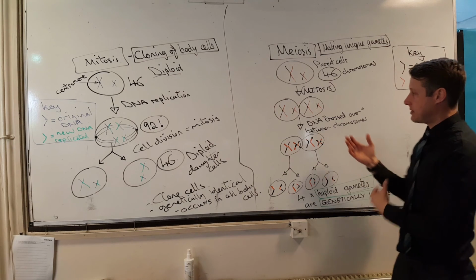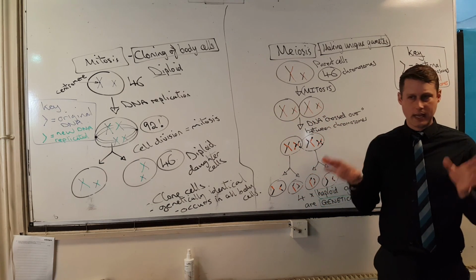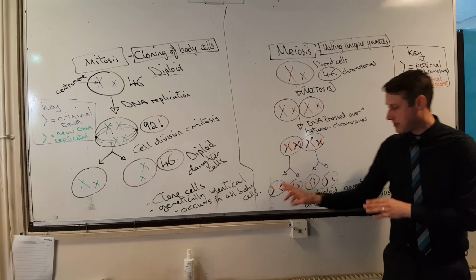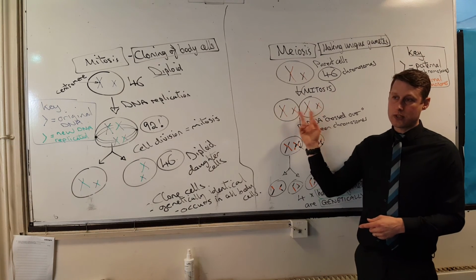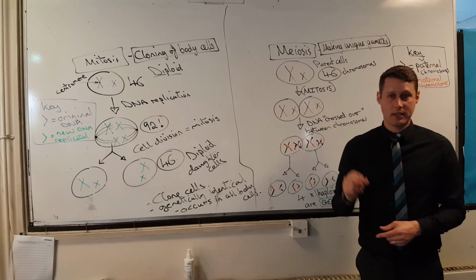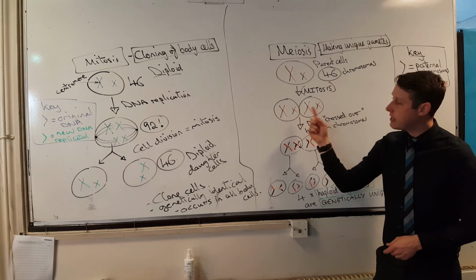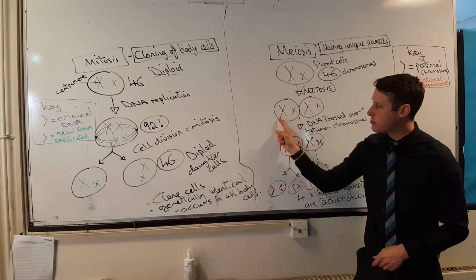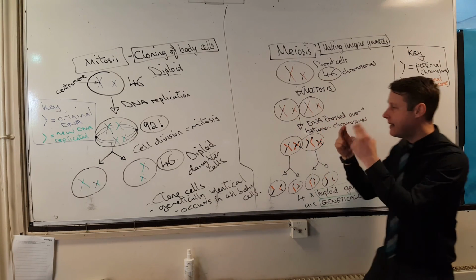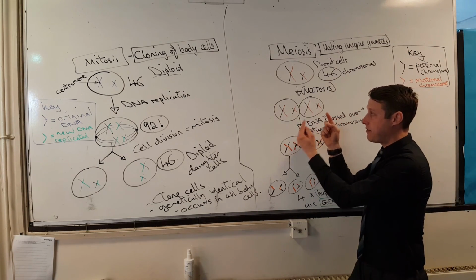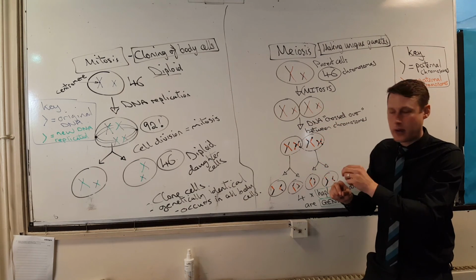The difference comes now where these two cells have to divide in half. So the DNA has to be split to form 4 cells, each with half the number of chromosomes in. In order to do that, a bit of magic happens, and this is where this process is really special. What I've done with the colours here is to try and show you that the paternal chromosomes and the maternal chromosomes actually get snipped by enzymes, and they get transferred across to each other in completely different ways every time